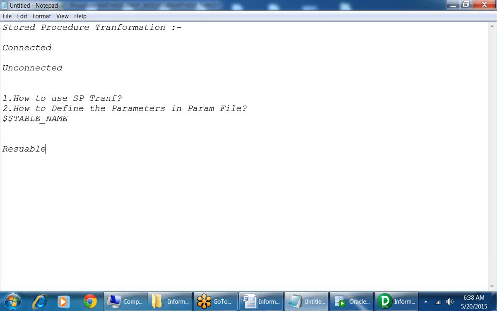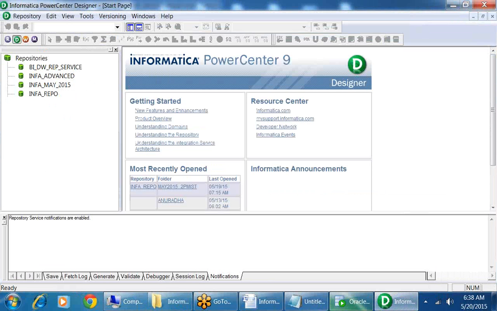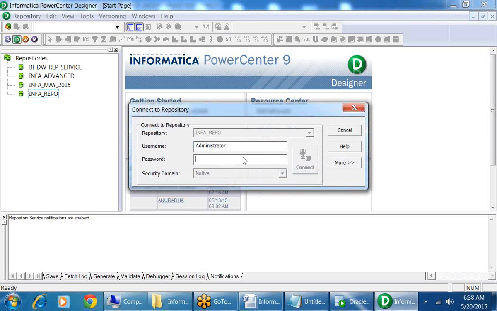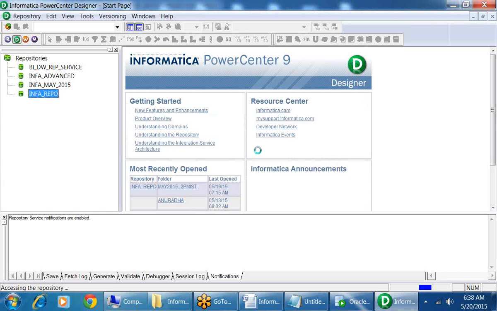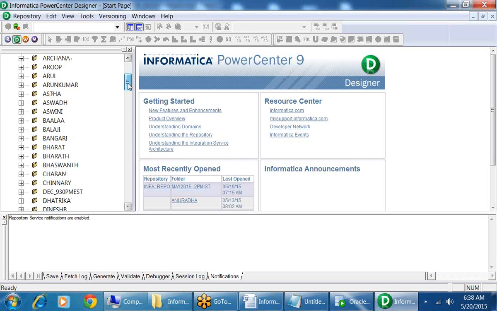So what we can do is, whichever is actually a reusable component in real time, we develop them in the shared folders. Reusable components and all, we'll keep them in the shared folder, and from the shared folder we start reusing them. So let me log into this. Here also I'm going to define these procedures in the shared folder so that it can be used by anyone. But for now, when you are practicing it, I request you to do it in your individual folder,